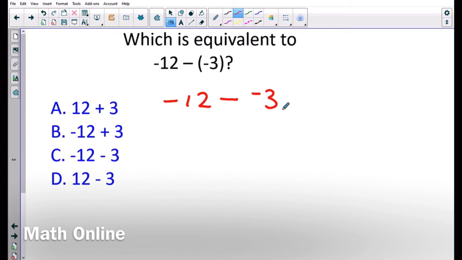Now we can see that we have two negative signs right next to each other. That is an issue. So what do we do? We turn them into positive signs. So now this expression, you can actually rewrite it or not, but it will be the same answer. I'm going to go ahead and rewrite it so you can see it better. -12 plus a +3. I don't have to write this positive sign again because I know that this number